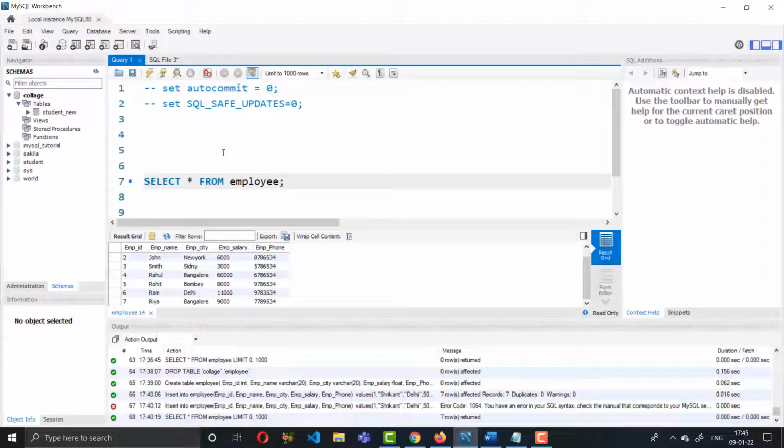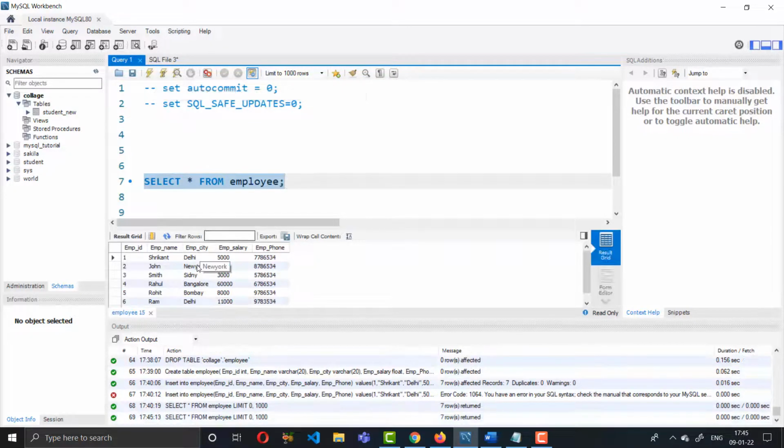Alright, now select star from employee, select this portion and run it here. This is the information about your employee table. There are 7 rows available in the employee table. Now before moving on to commit operations, let's understand the use of this first line.